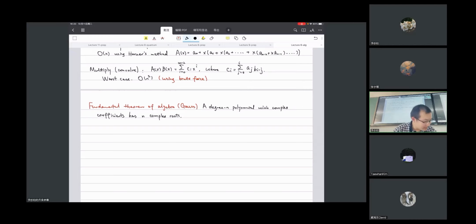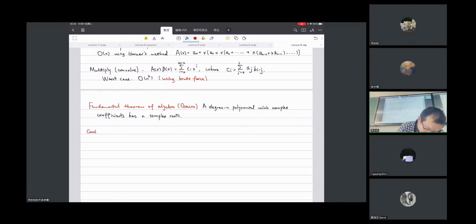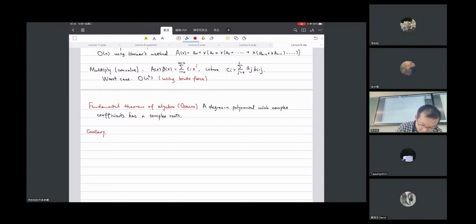A direct corollary that we can discuss here is that if we consider a degree n minus 1 polynomial, let's call it A(x), it is uniquely